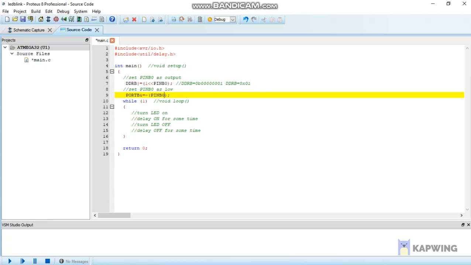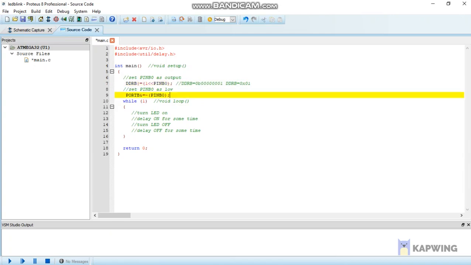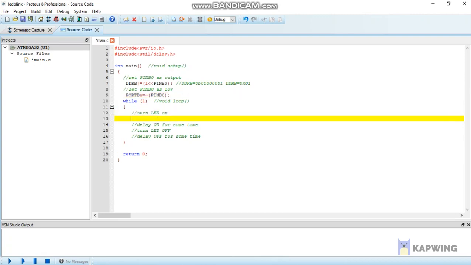Pin B0. Similarly, this format applies. And now, I think that's done for setting up our pin B0 as output, and it's now pulled low. So the next thing we are going to do is to turn the LED on, and